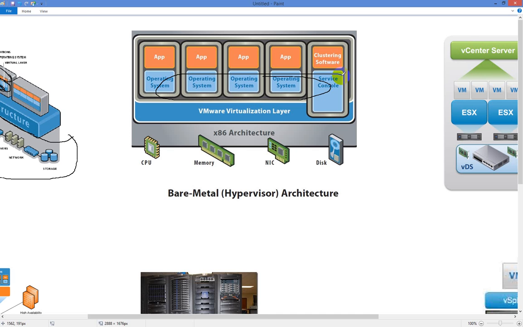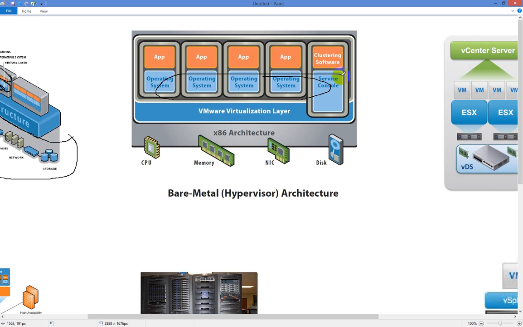And going out and buying a new server, it takes time for that to get shipped. Then you have to find a place for it in the data center. You have to physically cable it, run power, storage, networking, all that stuff to it. Make sure it's cooled correctly. And then you've got to install the operating system, whether you're going to do a PXE boot over the LAN, or maybe you've got a thumb drive where you plug it in, you boot from USB, something like that.